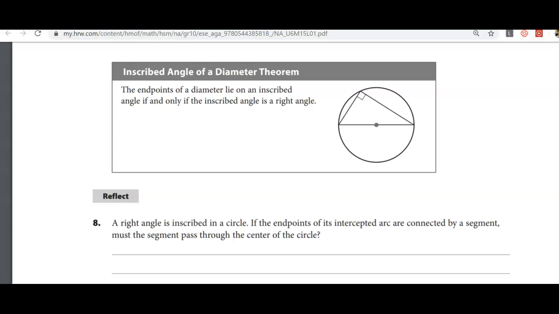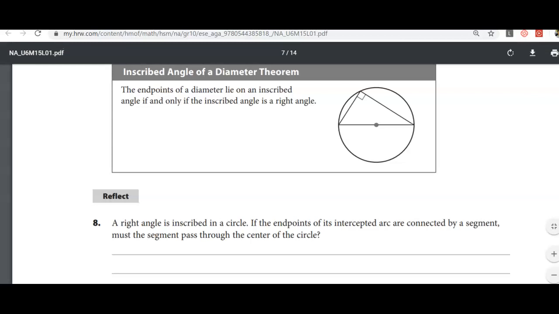little more obvious. You're going to see these two, and you have to know that, make sure my pin's working here. There it is. The endpoint of a diameter lies on the inscribed angle if and only if the inscribed angle is a right angle. So all it's saying, that's just a fancy word for saying, if these two chords,